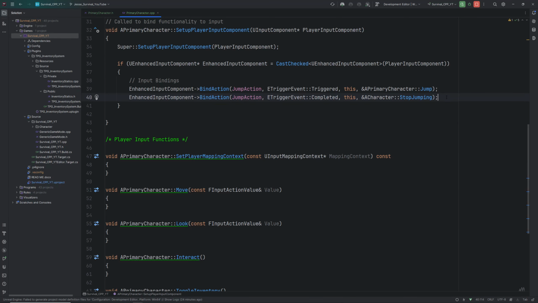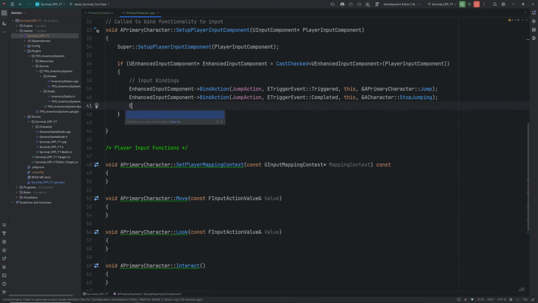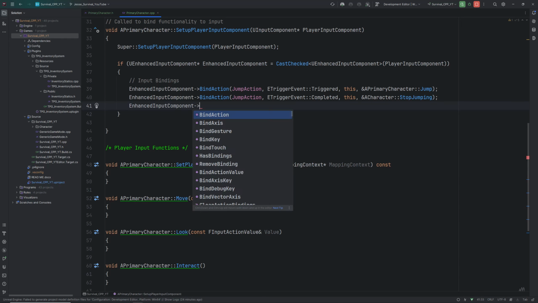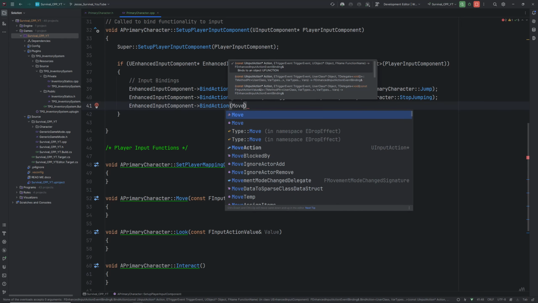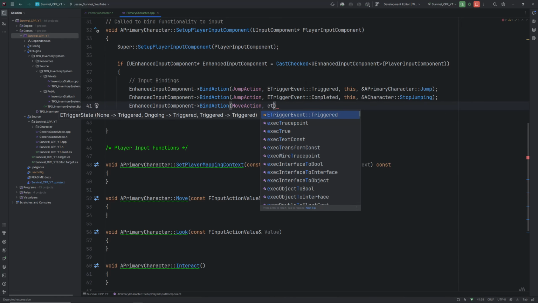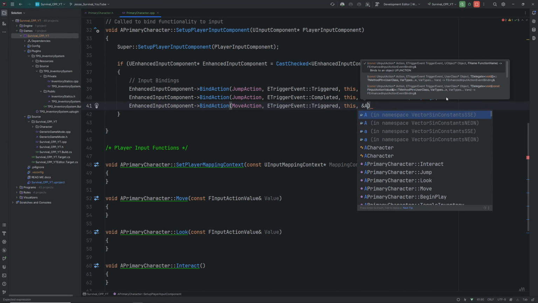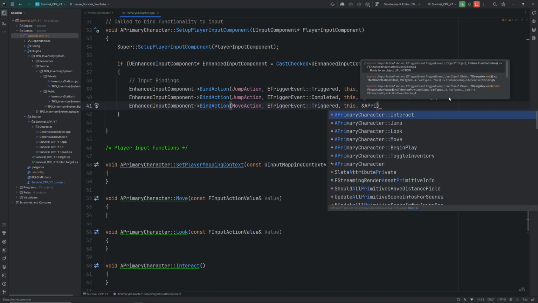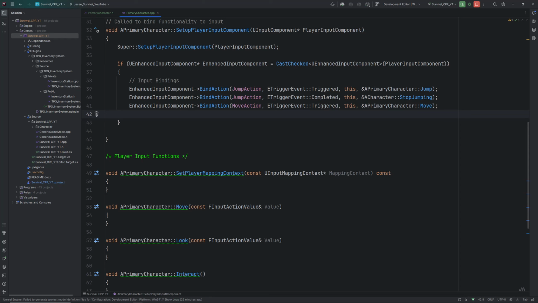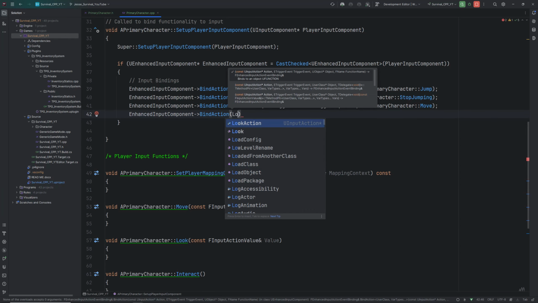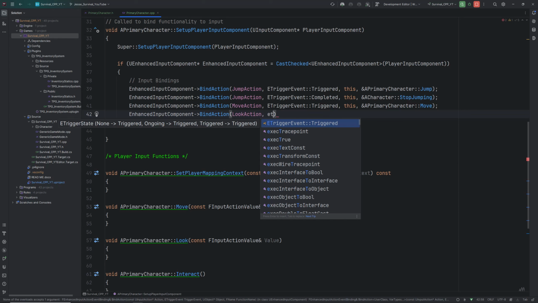Let's go ahead and finish adding our bindings. So again, I'm going to go enhanced input component, bind action. Let's go move action, triggered event. We're going to do triggered this, and is going to be of a primary character move. Select that and then type in the next one, enhanced input component, bind action, look action, triggered event triggered this,